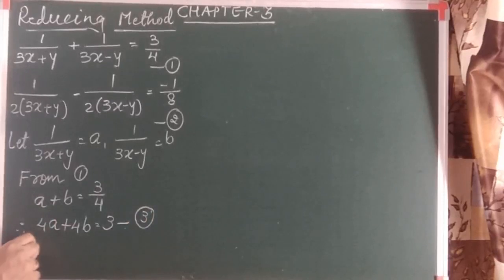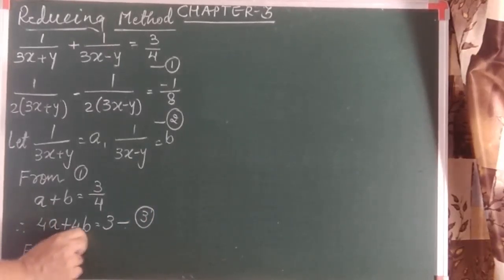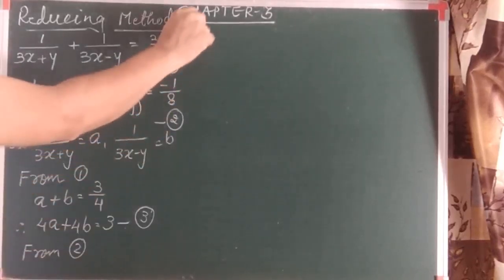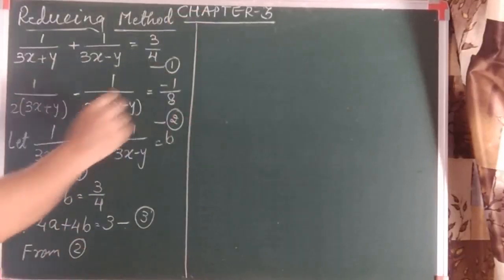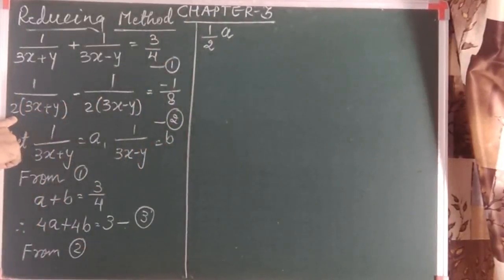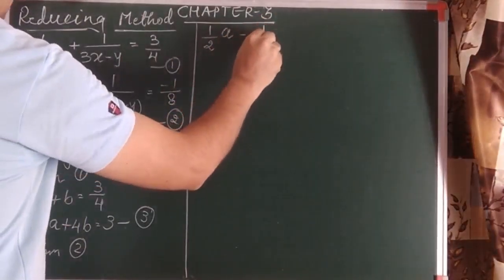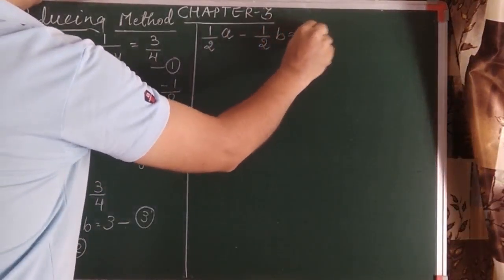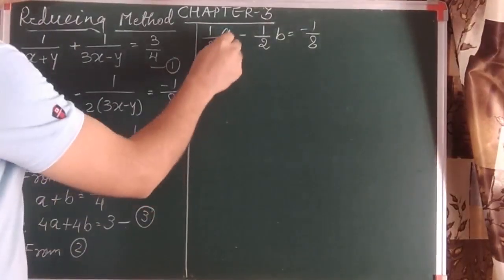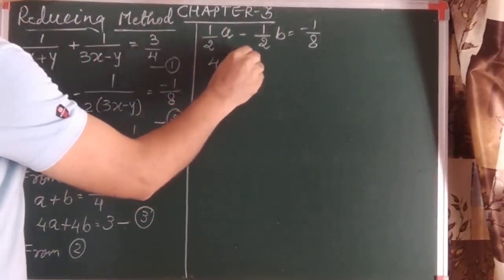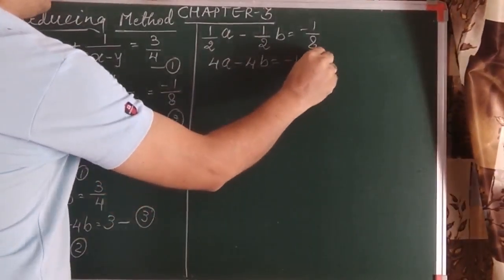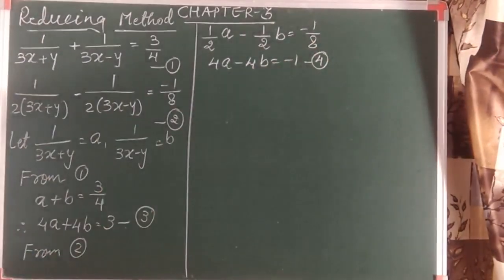Let's do the same thing. Substitute both the values, that is 1 upon 3x plus y and 1 upon 3x minus y, in equation number 2. So let's see what we obtain. So here we'll obtain 1 upon 2a. Remember this, 2 is in the denominator and should remain in the denominator. Minus 1 by 2b is equal to minus 1 by a. As you can see that they have denominators, so let's take the LCM as 4a. So it should multiply with 4. Minus 4 is equal to minus 1. See, I have done this directly. So now these two are the equations which we obtain, 3 and 4.